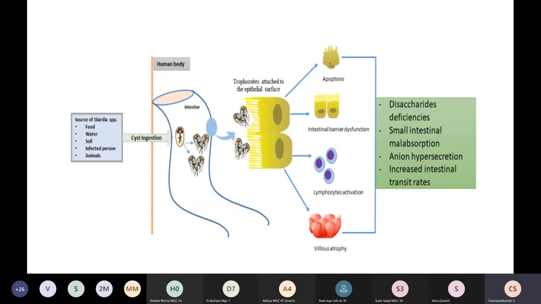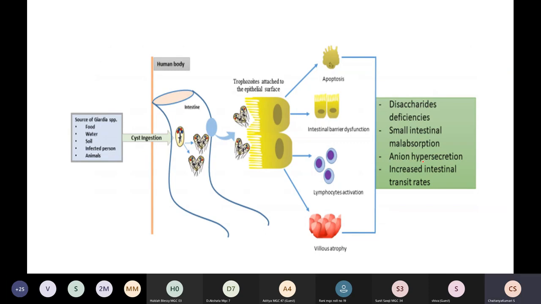Okay, in the steps I had given one terminology as intestinal hyperpermeability. That means there will be no control. So when you look at the plasma membrane or other membranes, the plasma membrane's main function is selective permeability. That means it selectively allows only a few ions to pass through it. In the same way, the microvilli also will allow only a few electrolytes and other minerals to pass through. So that control on the passage of the nutrients and other electrolytes will be disturbed by these parasites or the trophozoites, which is leading to intestinal hyperpermeability.